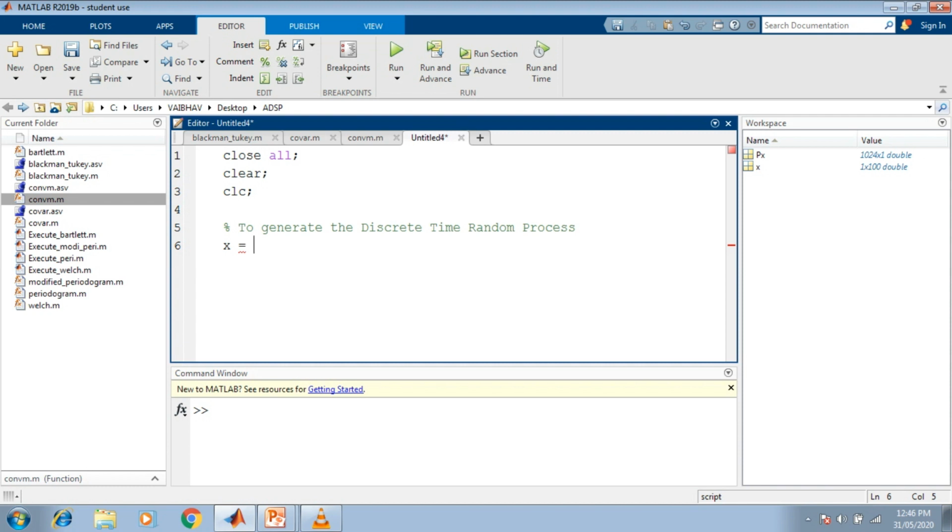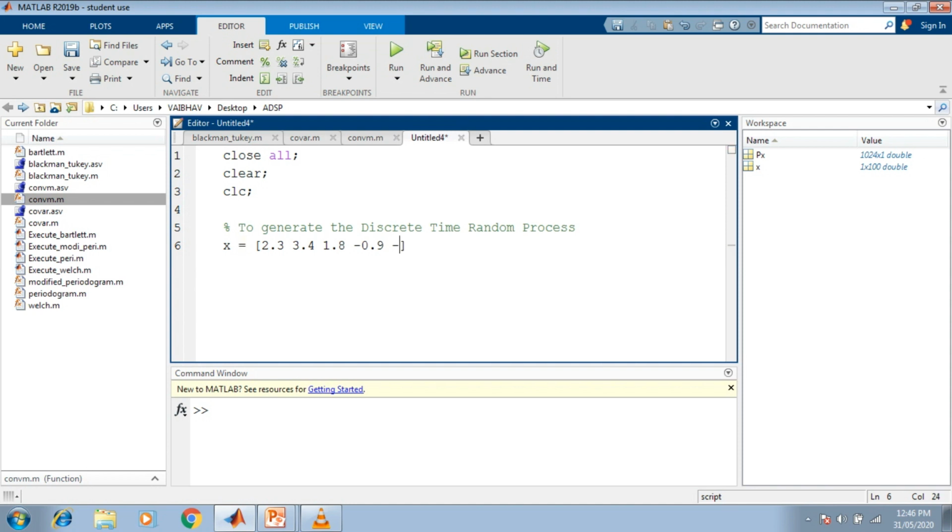So now x can be assigned manually with different random values. This is one way. Let us start with, for example, 2.3, 3.4, 1.8, minus 0.9. So 4 values we have specified here.